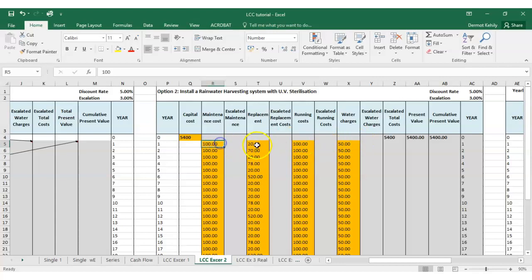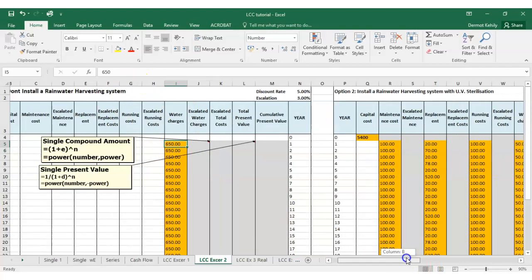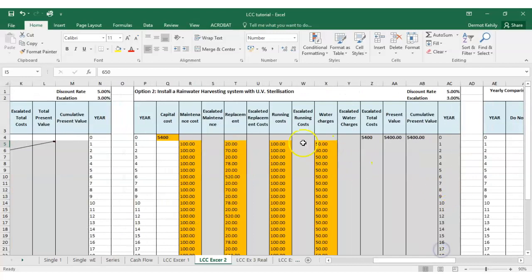So even though we've got these additional costs, you can see that our water charges in this exercise are only €50 a year with the system. Now this is a bit excessive, but it's just an example, for the year when we don't install the system it's €650. Okay, so again, I'm going to do a little bit here and you're pretty much going to finish it out,